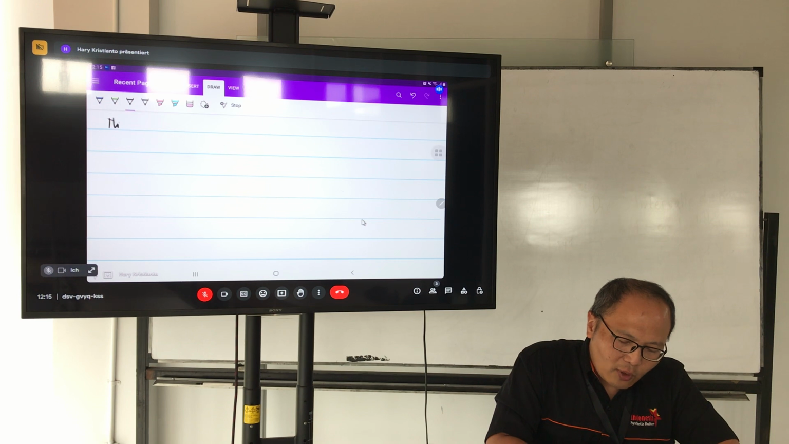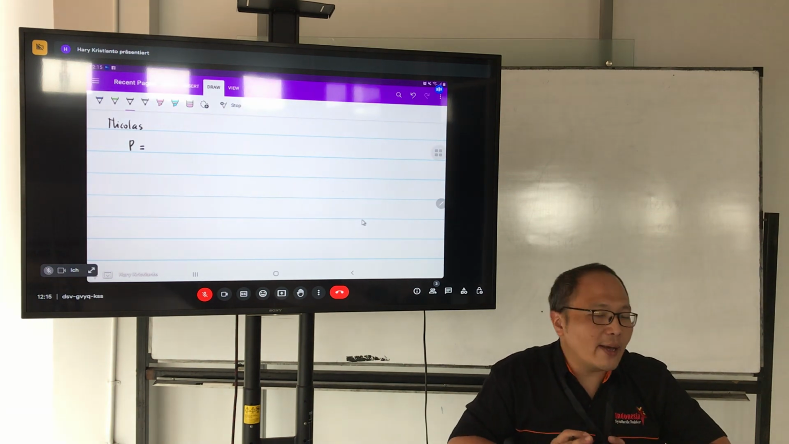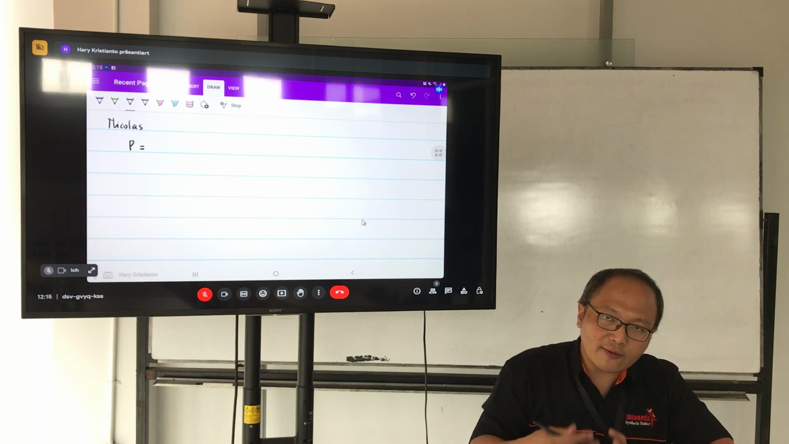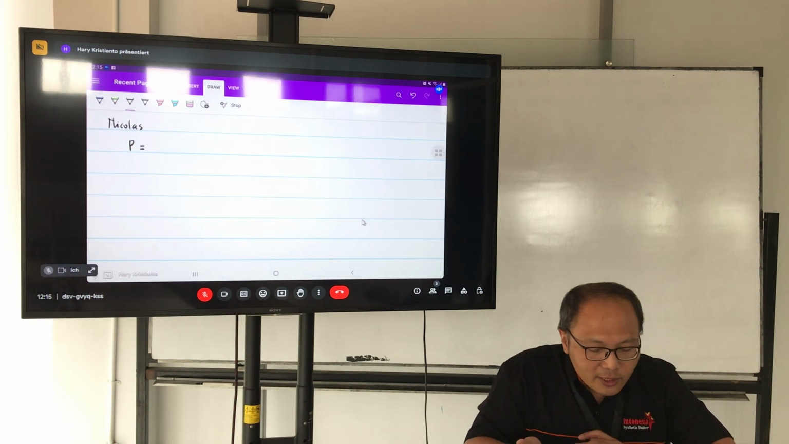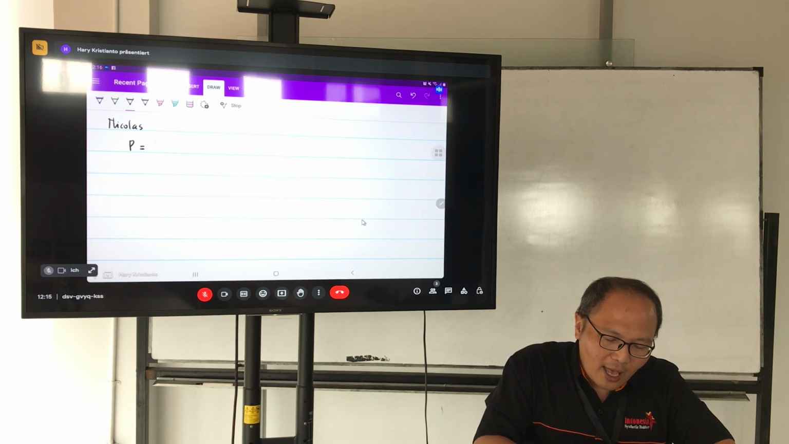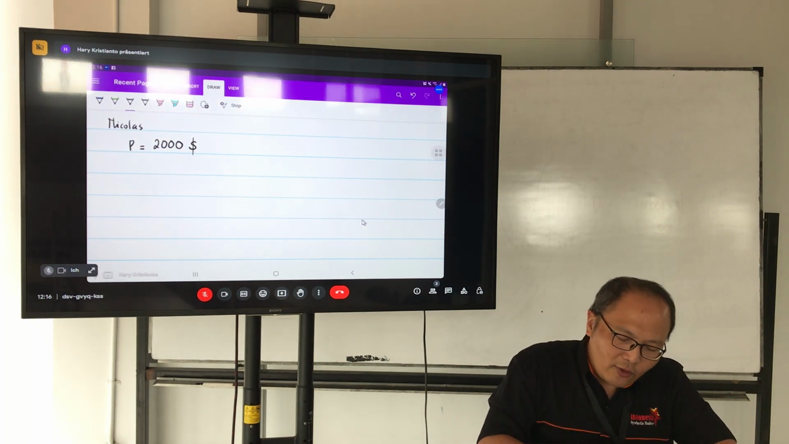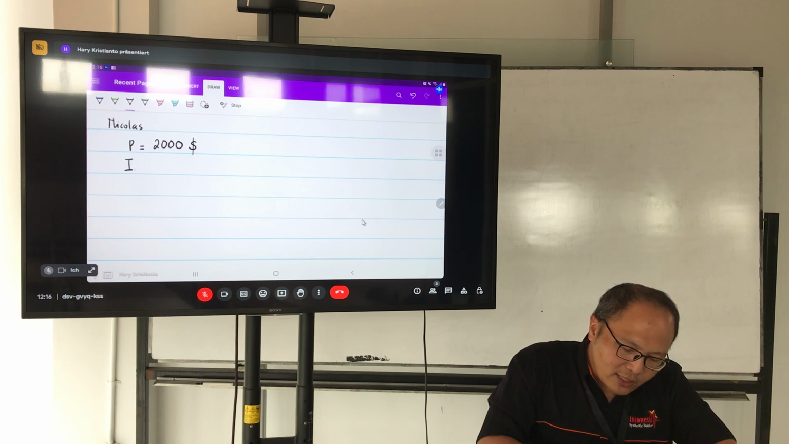If you, Nicholas, borrowed money, let's say you borrowed with a principal. Principal is the amount of money that you borrowed for the first time. It can also be the first money somebody invested with other persons. So let's say you have $2,000. If you agreed on a simple interest rate, let's say 1%,